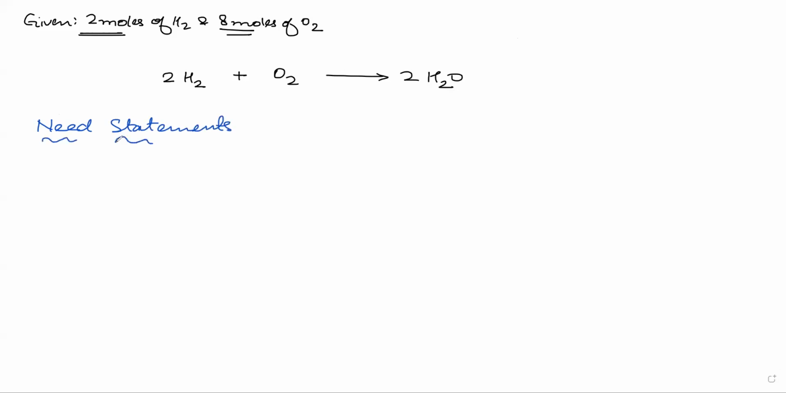Okay, these need statements. Once you write the chemical equation, once you have the number of moles, then you will write the need statement. Now, the first statement in the need statement will be according to the chemical equation. Okay, the chemical equation that has been written here, according to this, 2 moles of H2